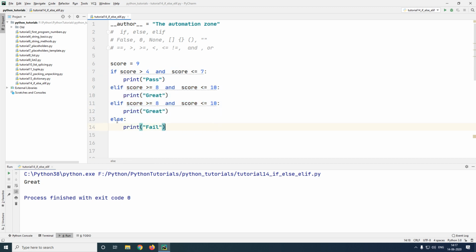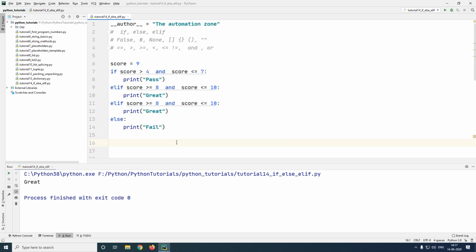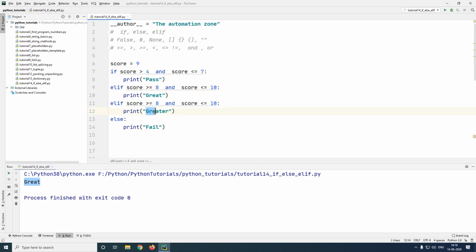Just make sure only the first one is an if statement, all the others are elifs. And if you want, you can put an else with no condition whatsoever and print the default value if none hold true. Also, a point to remember is if one of the condition passes, it can be either if or any of the elif, the following statements are not even checked. So if this condition holds true, it will not check for the other. Example, here both the conditions are true for the value 9. In one let me put as great and in the other let me put as greater. And if you see the output, only great is printed out, greater is not, although this also holds true.